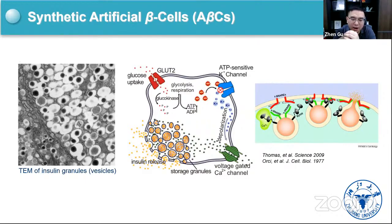So in our lab, we perform different studies associated with different formulations, different mechanisms of glucose responsiveness. And we are trying to identify the best one and then push it forward, especially to potentially translate it. And this time, here's another one, where we want to mimic the fusion process of the insulin granules toward the cell membrane of the beta cells. And you can see here it's a very elegant process of the real beta cells. They have many of these granules with the insulin encapsulated inside. And once blood sugar level goes high,